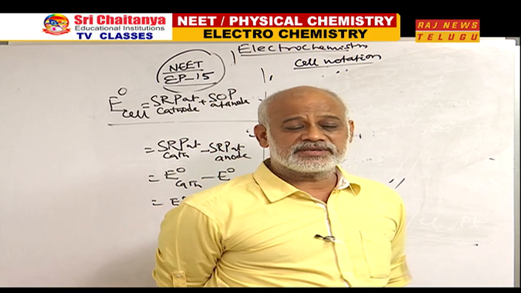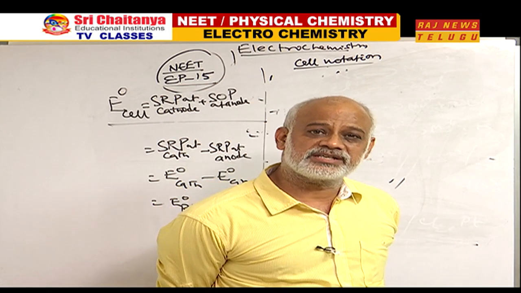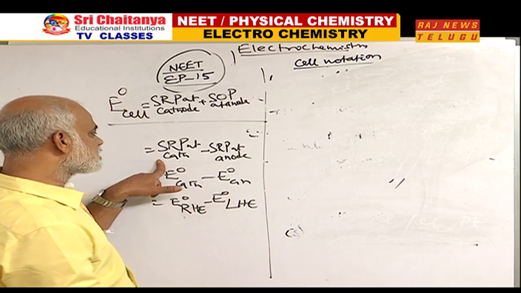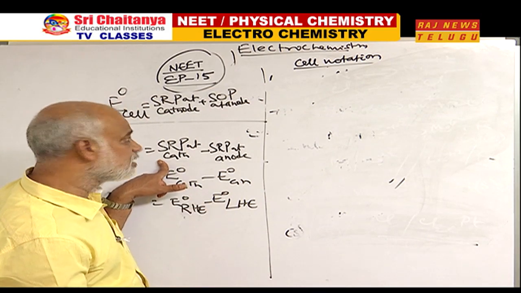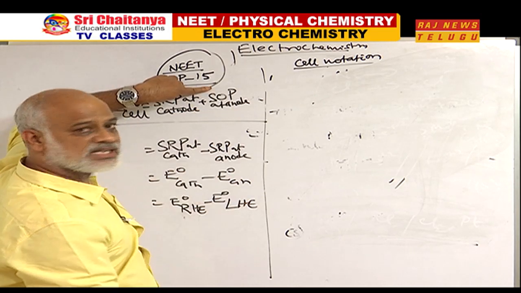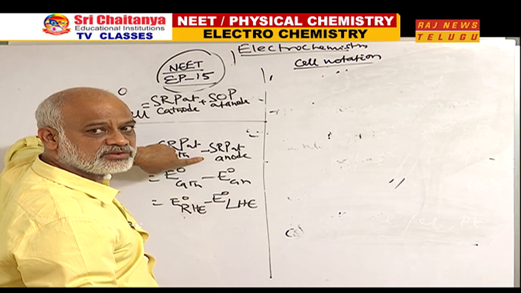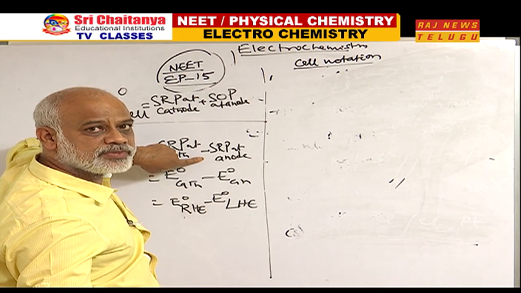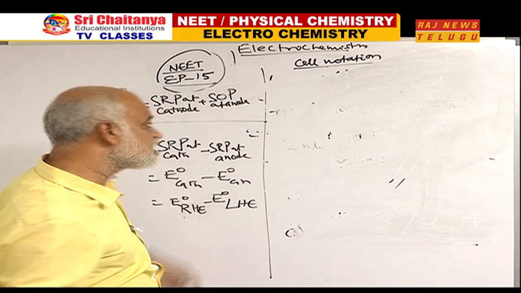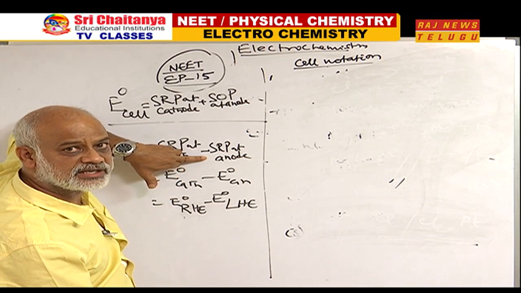No, sir, but the problem is you told us that problems will actually be given on the basis of reduction potentials. Then what should I do? No problem. Keep SRP at the cathode like that only. What is SOP at the anode? Minus SRP at the anode. Plus SOP at the anode is nothing but minus SRP at the anode. Whatever the SOP value is, the SRP value is the same with the opposite sign, and vice versa. So, plus SOP at the anode, I am replacing it with minus SRP at the anode.